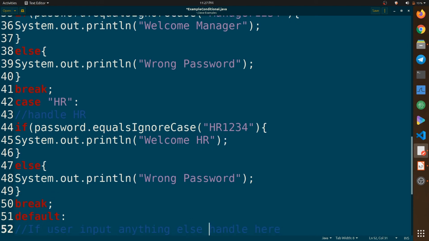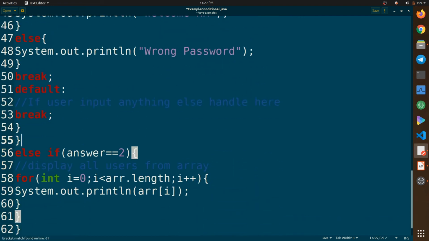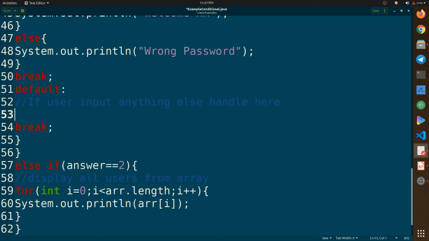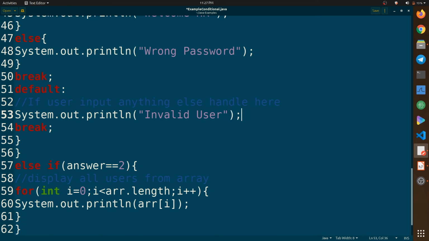Okay, so everything looks good to me. And if the user enters anything else, we will print some message like System.out.println, and the message should be invalid username.